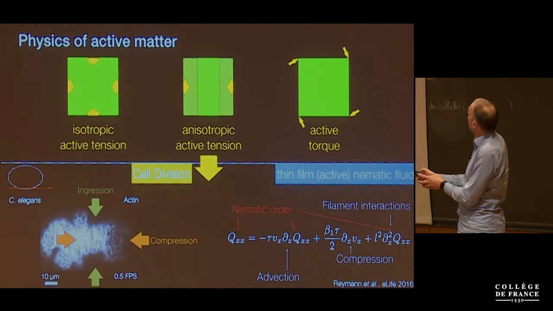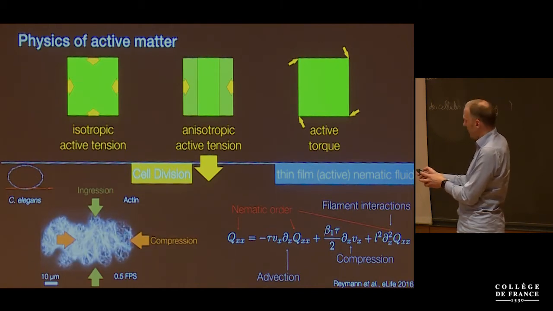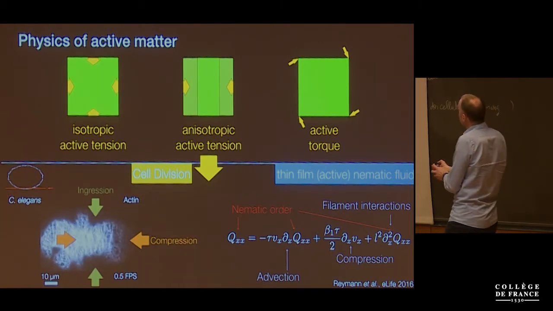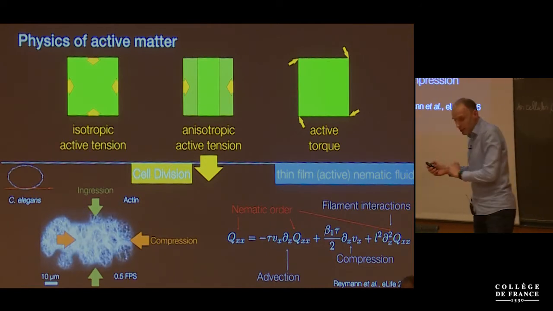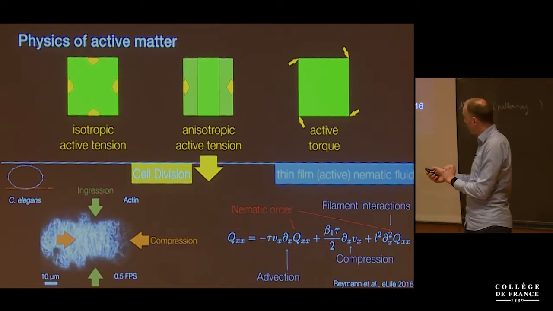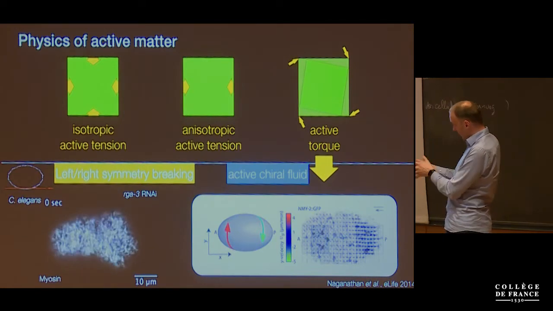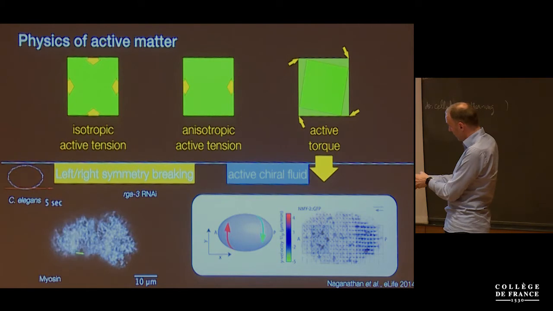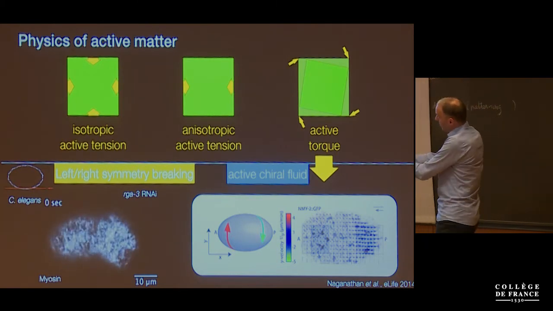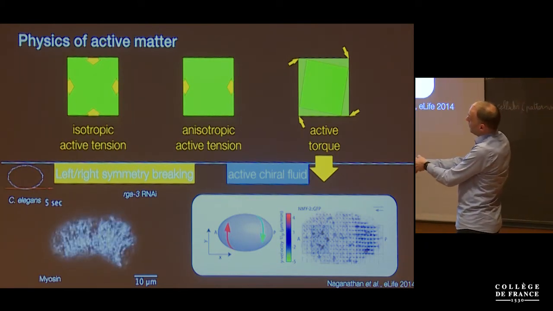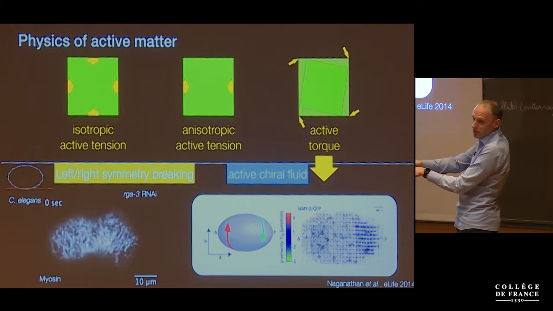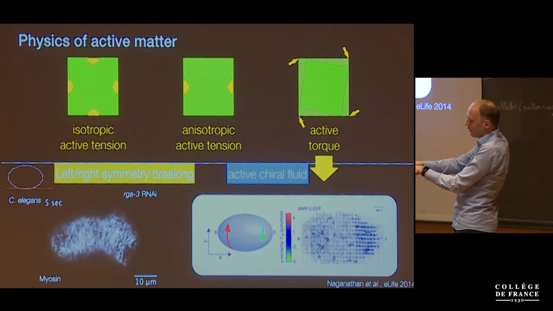And what we've been looking at for the past couple of years is perhaps a little bit more of a not so obvious activity, which relates to rotatory flows and torque generation. So under particular cases, actomyosin cortex can drive rotatory flows. And what I'm showing you here, I should have said that before, is the top surface of a large cell. It's a C. elegans zygote. We'll get to that in a couple of slides.